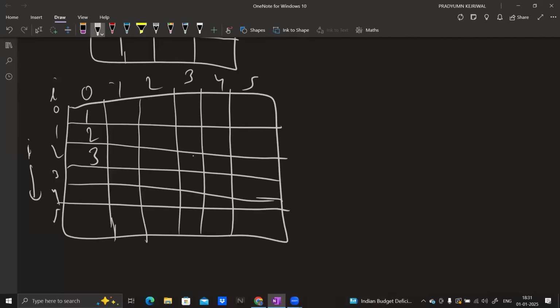So in the 0th one, I just filled 1, 2, 3. In the next one, I just added 1 to this. So 2, 3, and 3 becomes 1. So I just take mod by 3, which is n by 2. And so basically what I did, I just added i plus j by 2. This is what I filled with: (i plus j by 2) mod n by 2